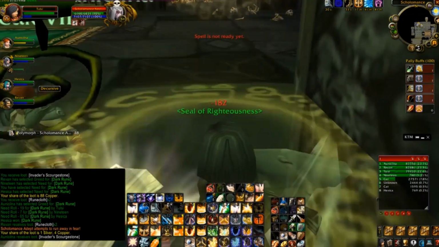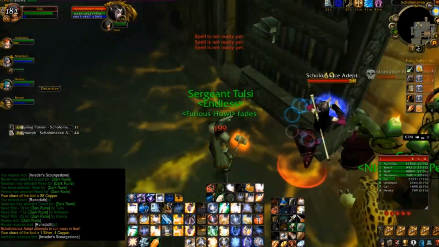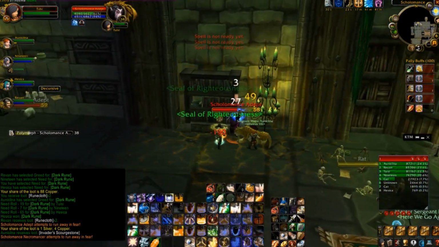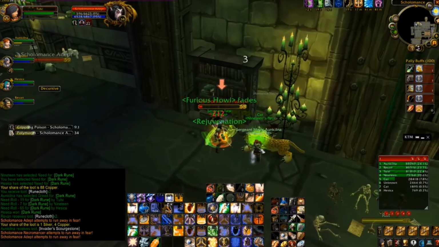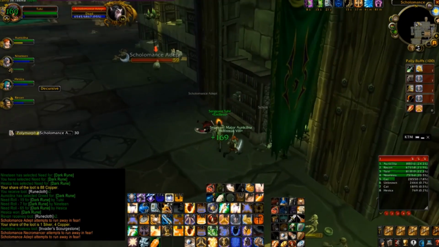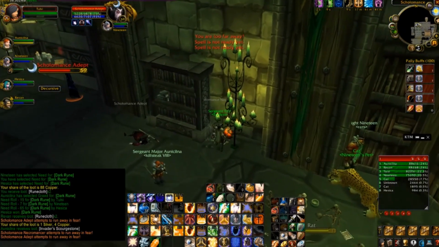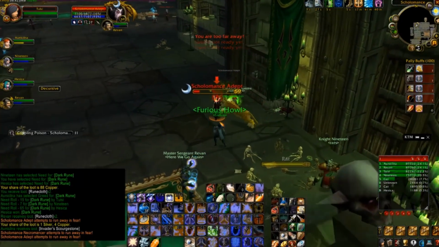And again, you want to be line of sighting everything. You don't want to be fighting mobs where they're standing, so you can use these bookcases here to pull this pack. And you should use CC pretty much. Depends how much resistance you have, but you're going to be taking heavy frost and shadow damage from these mobs,